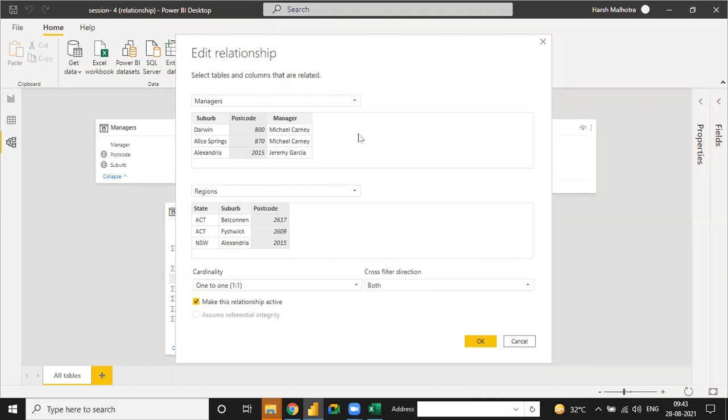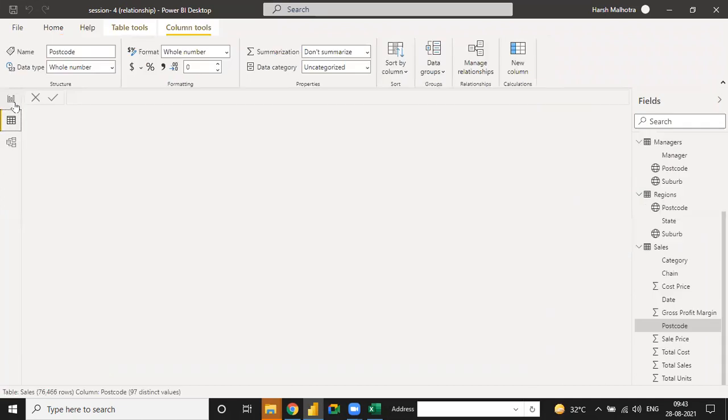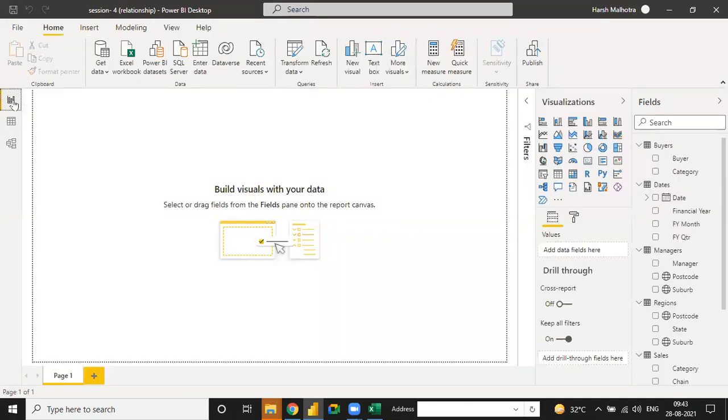Many to many is used, suppose, let me share with you an example. Suppose you have a sales table country wise, and you have another sales table with a different country. Suppose you have two types of sales. One is for your subsidiary company, in which you are working. Suppose your main company is in Australia and your subsidiary company is in Germany. So you have two types of sales tables, one for Germany and one for Australia. So when you connect the two fact tables, then you use many to many.